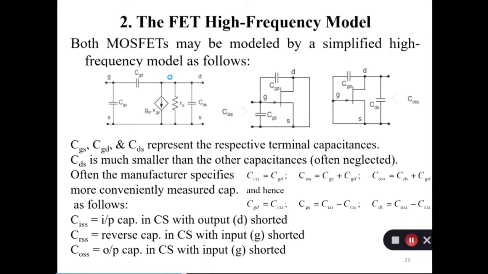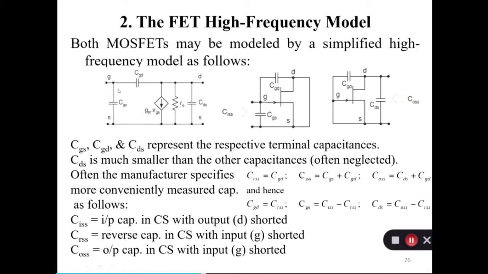The second circuit is for the MOSFET, you can say the FET high frequency model. This one is the basic internal model of the MOSFET at high frequency. Source, gate, drain: the source is common to both the input side and output side, so its name is common source. In the assessment, I will give you the common drain or common gate, so you have to also prepare for that, and it is also useful in design projects.